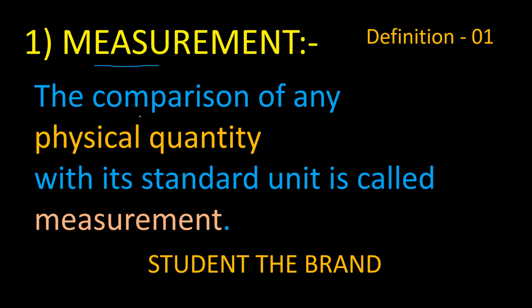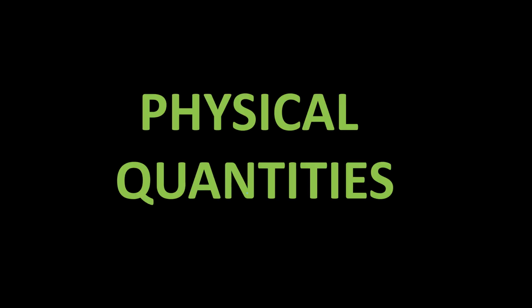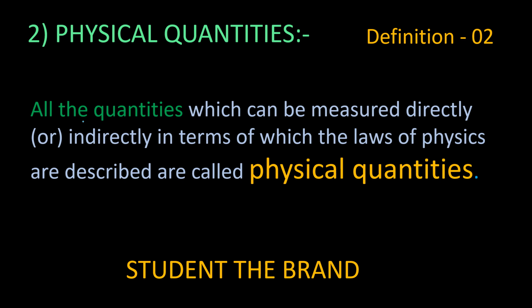Measurement is nothing but the comparison of any physical quantity with its standard unit, right? The comparison of any physical quantity with its standard unit is called measurement. Physical quantity next. All quantities which can be measured directly or indirectly